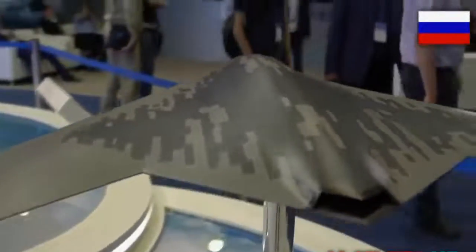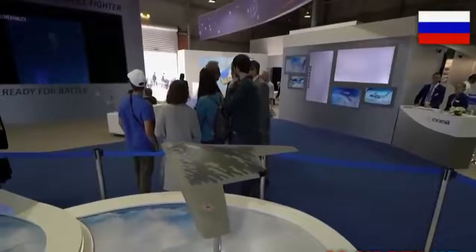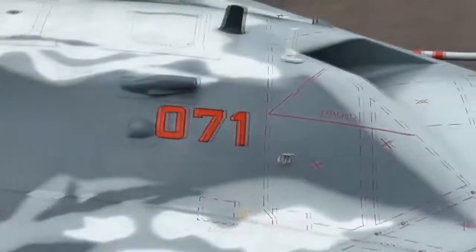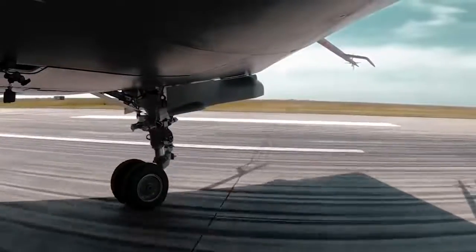The latest Google Earth satellite image has revealed that two prototypes of Russia's S-70 Hunter drones were spotted together at the 929th State Flight Test Center located in the Astrakhan Oblast of the Russian Federation. The two drones were rolled out of the hangar at the Airfield of State Flight Test Center sometime in October 2022. The image is significant as the newest stealthy prototype of the S-70 Hunter B drone stands next to the